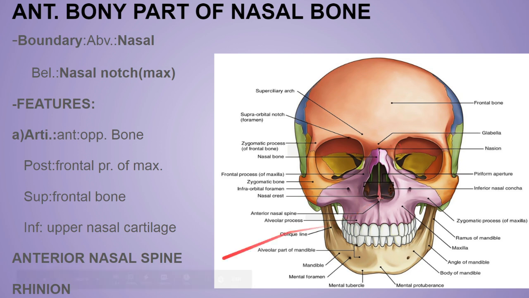Now the next is the anterior nasal spine. What is this? It is the lower boundary. If you touch your bone just below your internasal septum, from the outside, you will feel one sharp projection in the median plane at the lower boundary of the pyriform aperture. You can feel this part from outside if you touch slightly. That is the anterior nasal spine. And the last is the rhinion. Rhinion is the lowermost point of the internasal suture. It is the lowermost point only, but the anterior nasal spine is the sharp projection at the lower part of the base of this aperture.